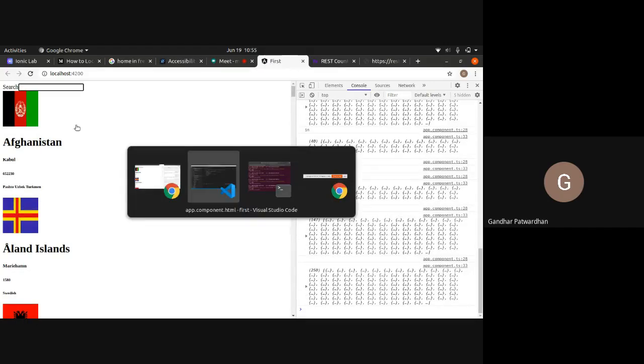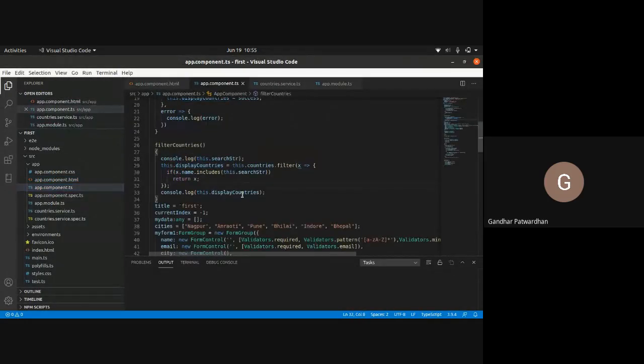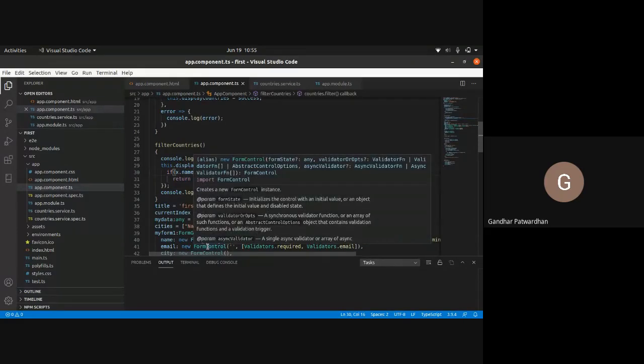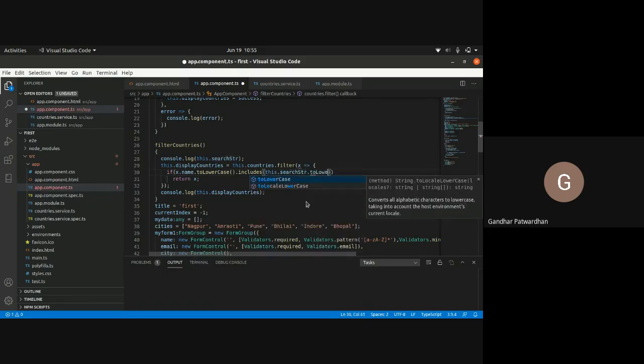So what I would do is, in my app.component.ts, a very simple thing. I would say x.name.toLowerCase, dot includes, toLowerCase is a function. And this.searchStr also dot toLowerCase.